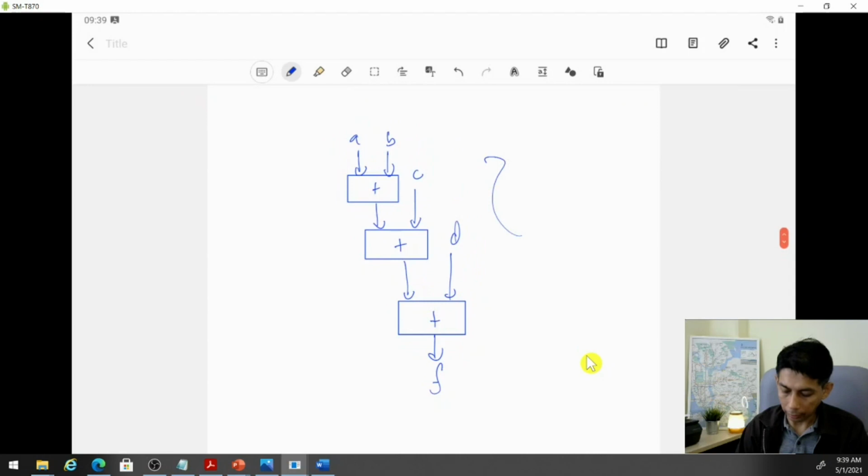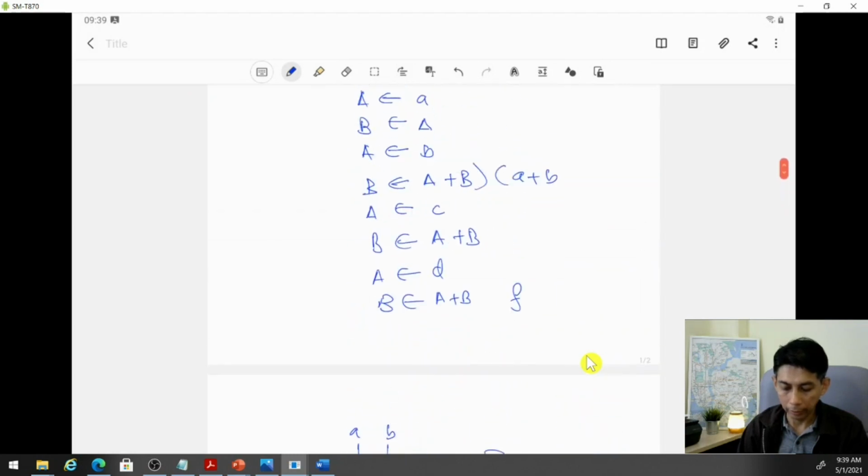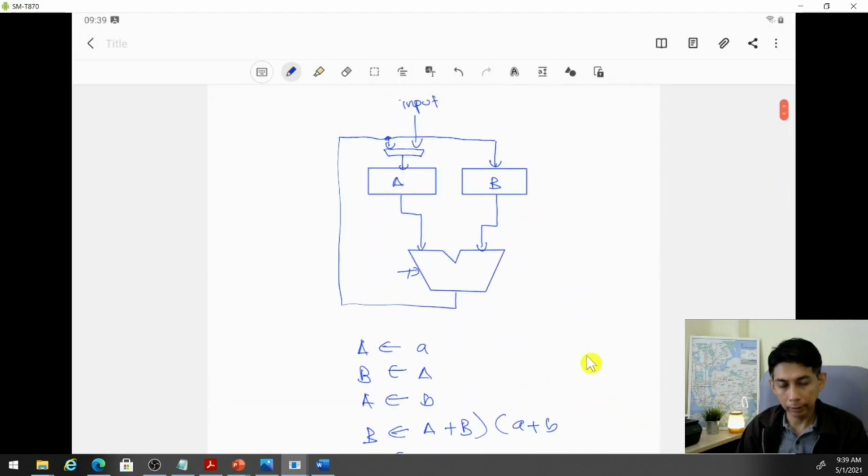So this operation can be performed in one clock cycle, right? So by having 3 adders at the same time, you can produce F already, whereas by using the